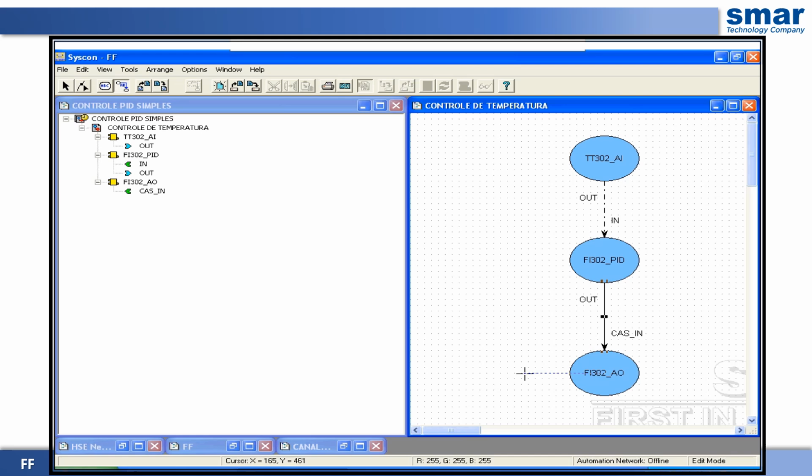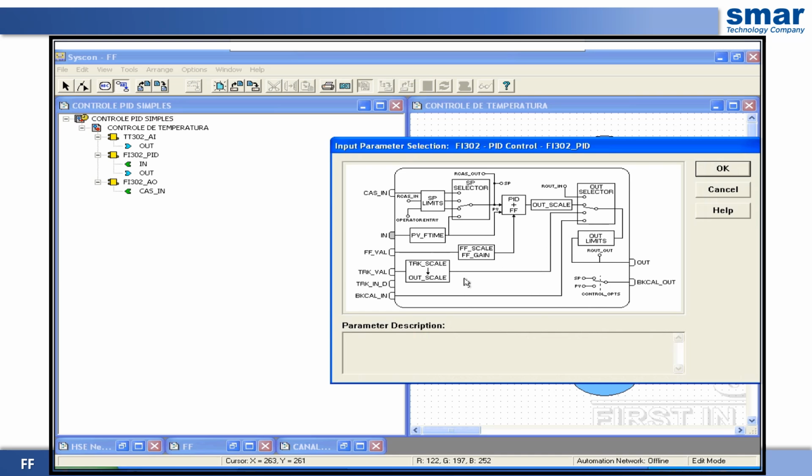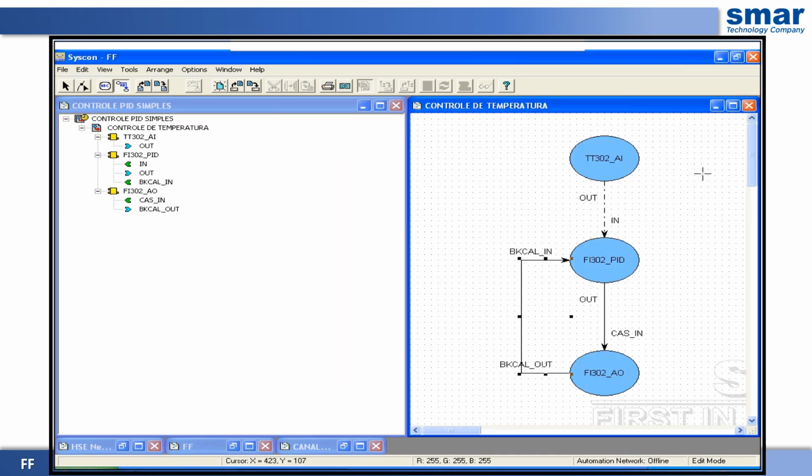Next, we must create feedback from the output back to the PID. Click on the workspace and it will automatically draw a line. We can now include the BKCAL_IN.